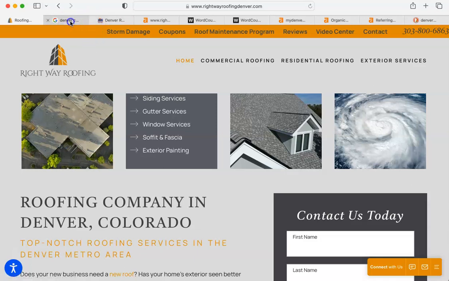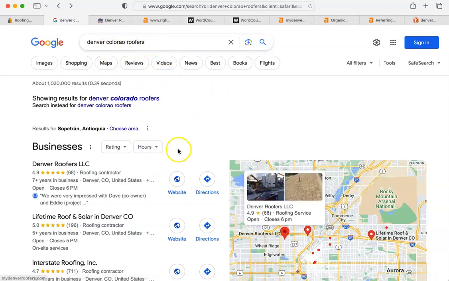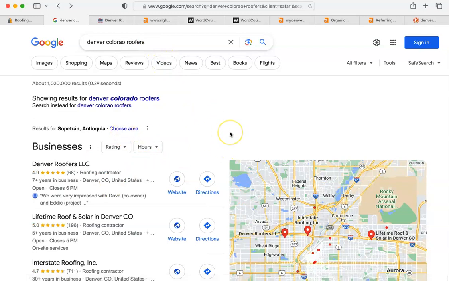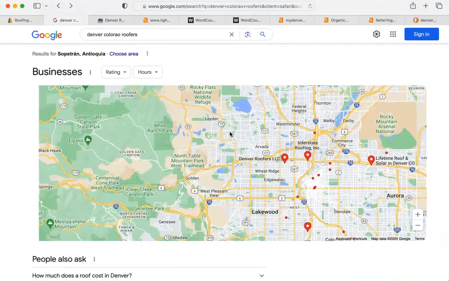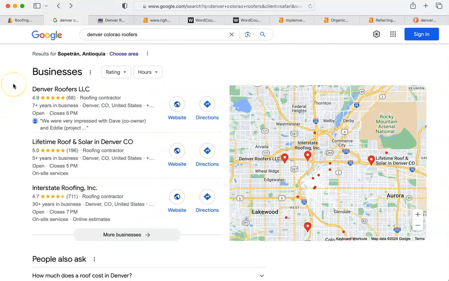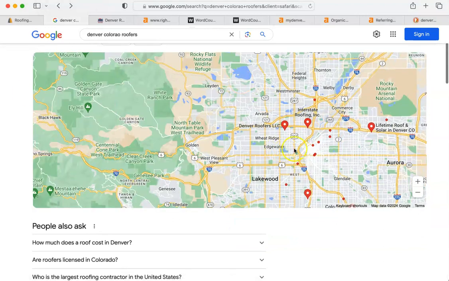And the first thing I'm going to show you is this. I did a web search of Denver, Colorado roofers, as you can see. And let me describe a little bit about how Google searches work. There is a Google algorithm that determines the location and the order of everything. And that algorithm is something that we in the industry know. Now, the first thing that you're going to come up with here is something called the map pack. It's obviously roofers that attach to a map, so